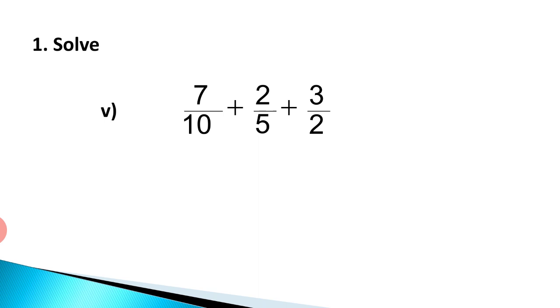What is the LCM of 4 and 12? It will be 12. What is the LCM of 4, 12 and 36? It will be 36. So if there are numbers and one of the numbers is a multiple of the others, then that greatest number will be the LCM. We are going to use that property and directly write the LCM of 10, 5 and 2 is 10.